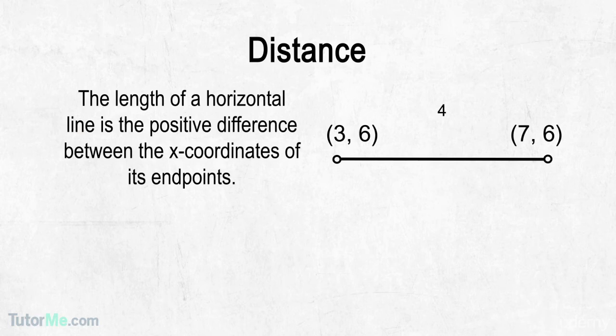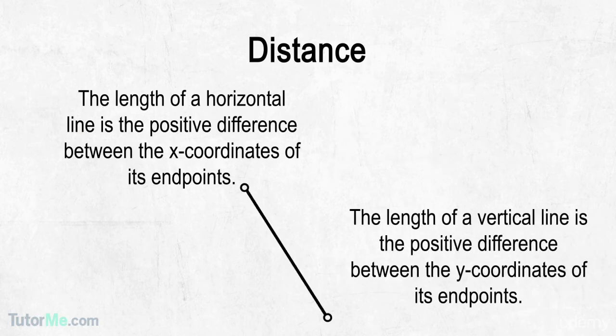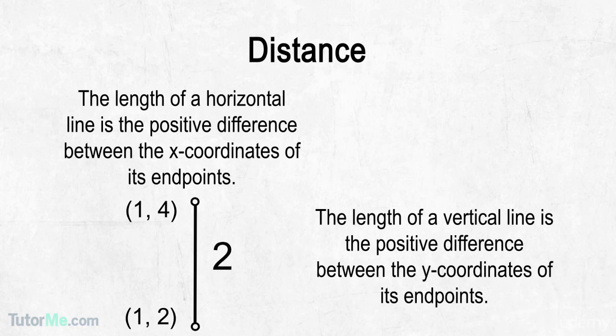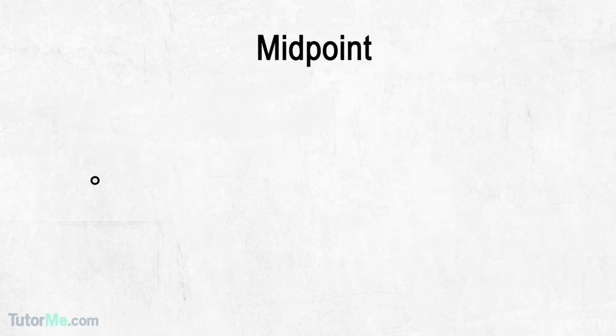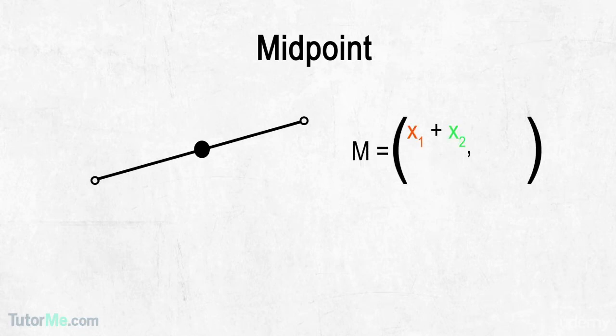The length of a horizontal line is the positive difference between the x-coordinates of its endpoints. And the length of a vertical line is the positive difference between the y-coordinates of its endpoints. The midpoint of a line is the point that lies exactly at the line's center. To calculate the coordinates of the midpoint, use the formula x1 plus x2 over 2 and y1 plus y2 over